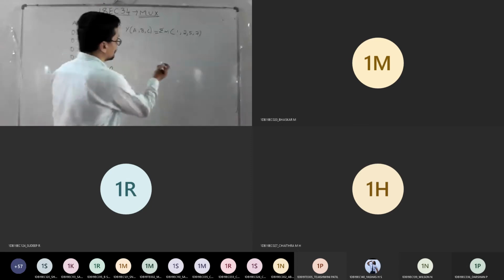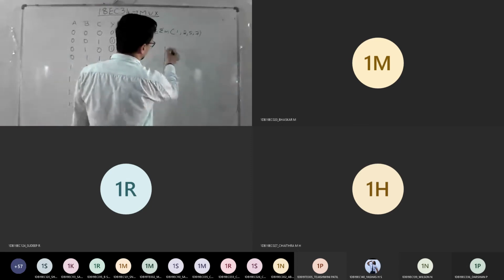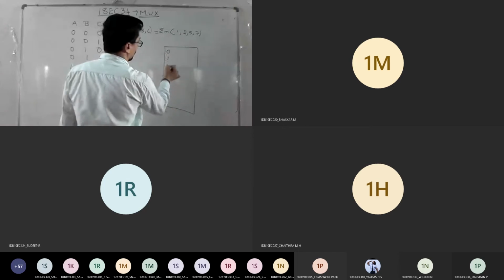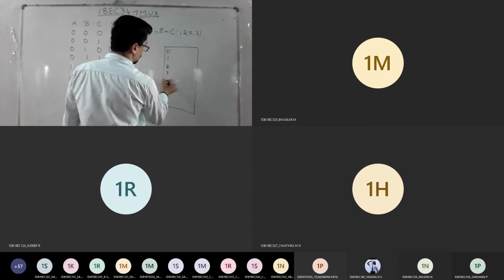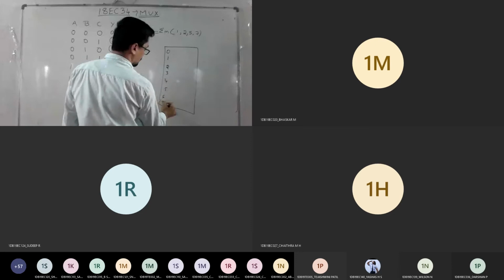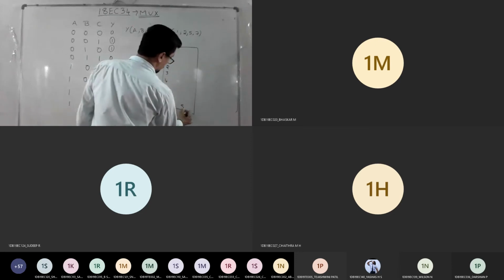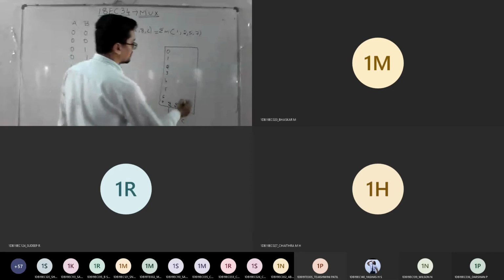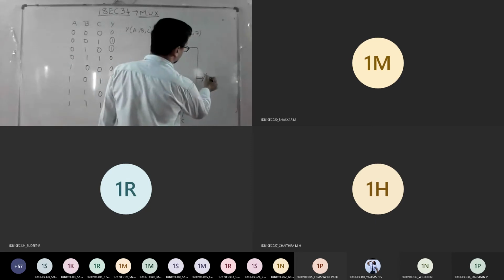So the same way, you write whatever we went through just now. So plot 0, 1, up to 7 and the selection pins. So what is the change now? ABC. So don't make the mistake. This is what you will commit, and this is your output Y.